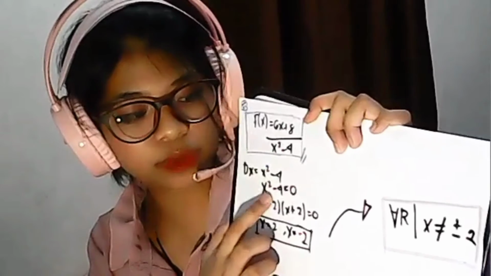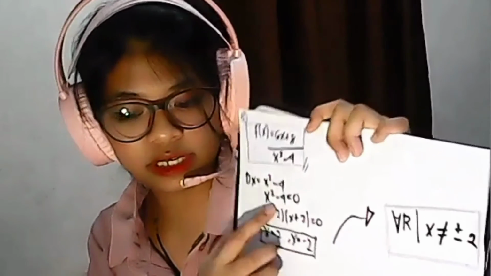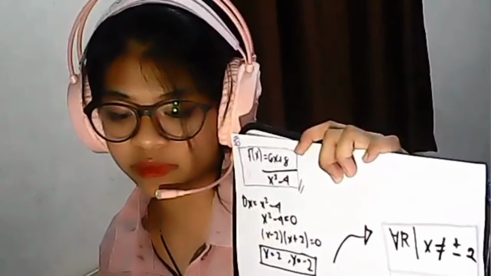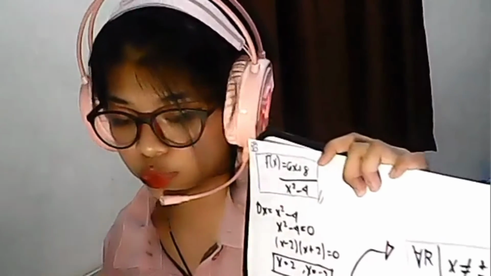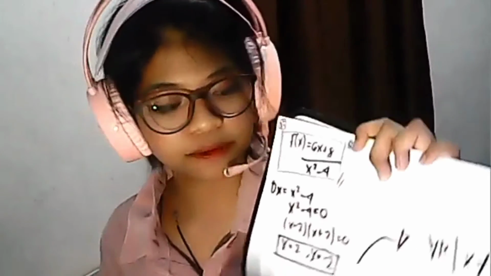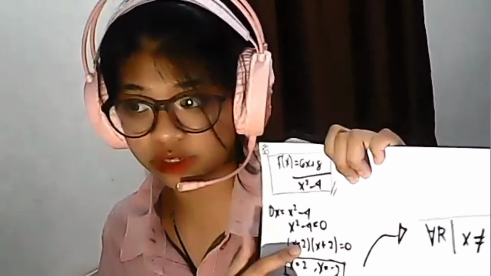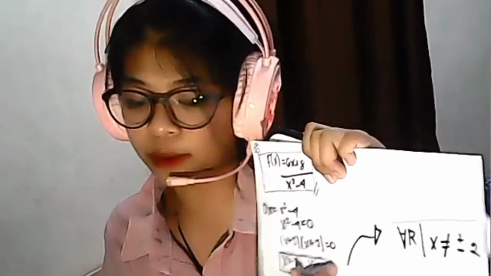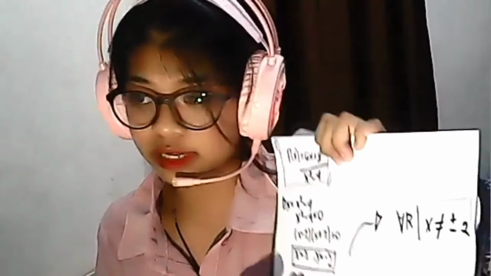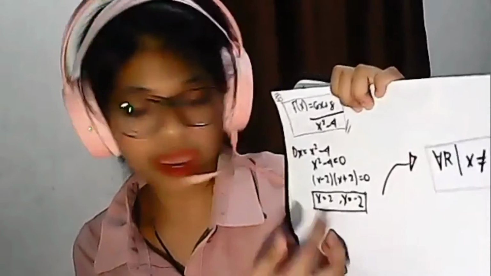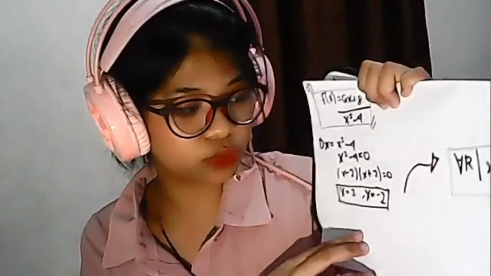Here, x squared minus 4 is an example of the difference of two squares. And when we factor this out, by the zero product property, we will be able to get these outcomes: x equals 2 and x equals negative 2. For the domain of it,